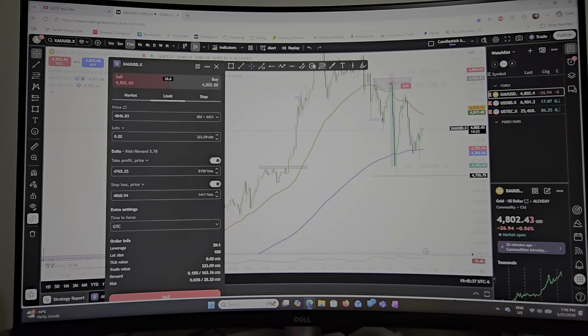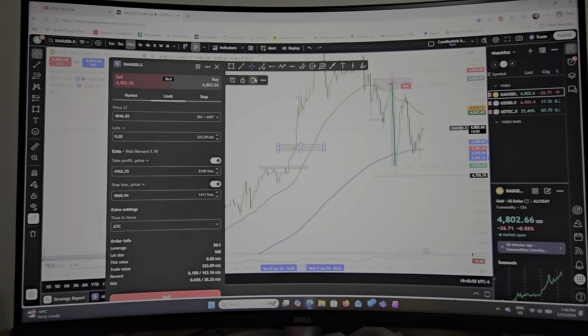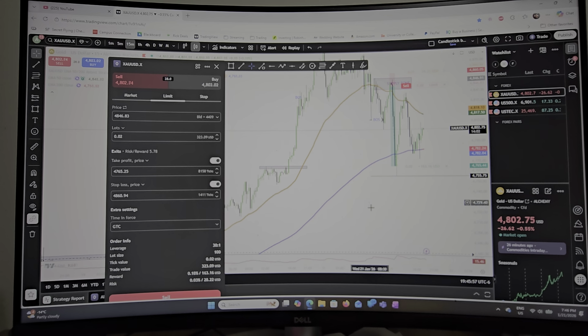I thought of taking this candle wick as my stop loss, but I later decided on this mini area of resistance, which might later turn into support. So I used that area, and I dragged it down for $100 and something dollars,